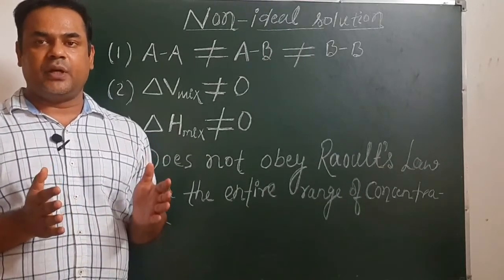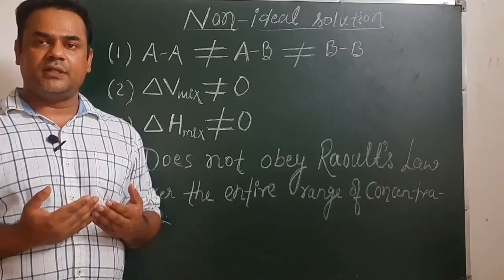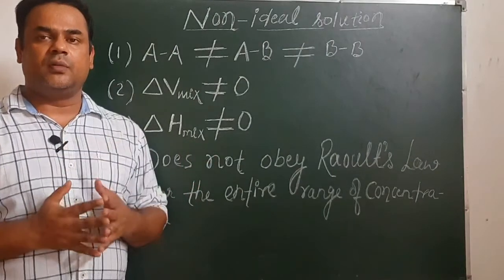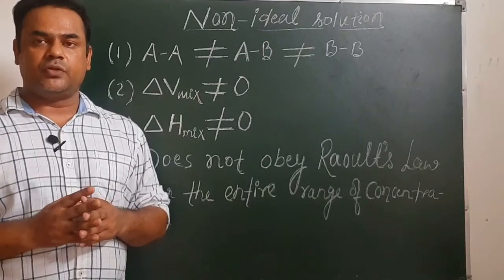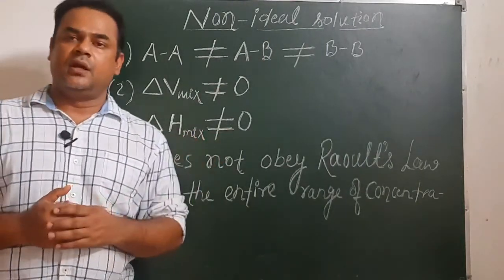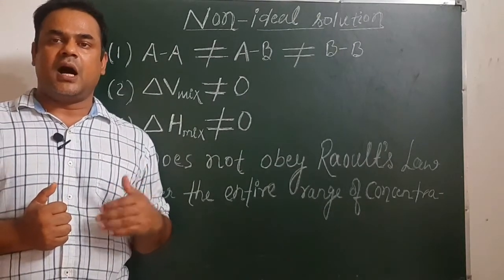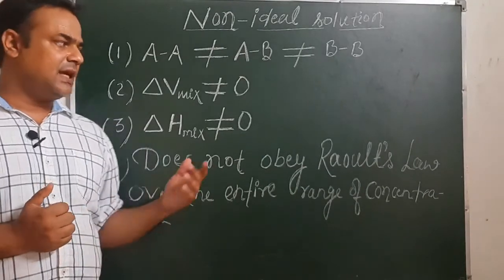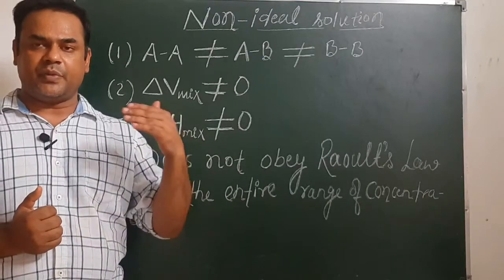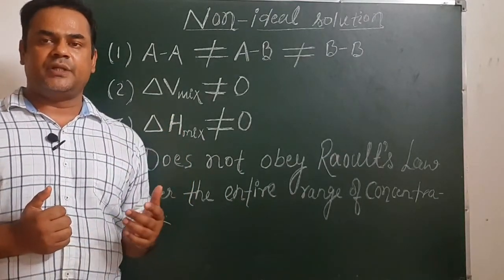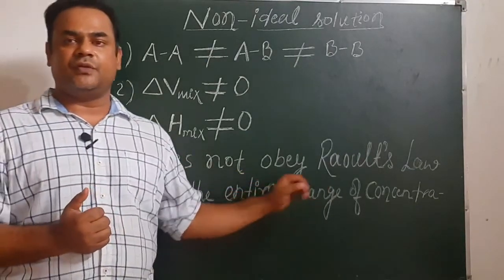So if we have prepared a solution by mixing 2-3 volatile components, all the components will go in vapor phase and the sum of partial pressure of all the components will be the total vapor pressure of solution. So if we are preparing a solution and it deviates positively from Raoult's law, here the meaning of positive deviation is having vapor pressure higher than the ideal condition. Then we'll say that this is positive deviation. If the total vapor pressure is lesser than the vapor pressure of solution in ideal case, then this will be known as negative deviation from Raoult's law.